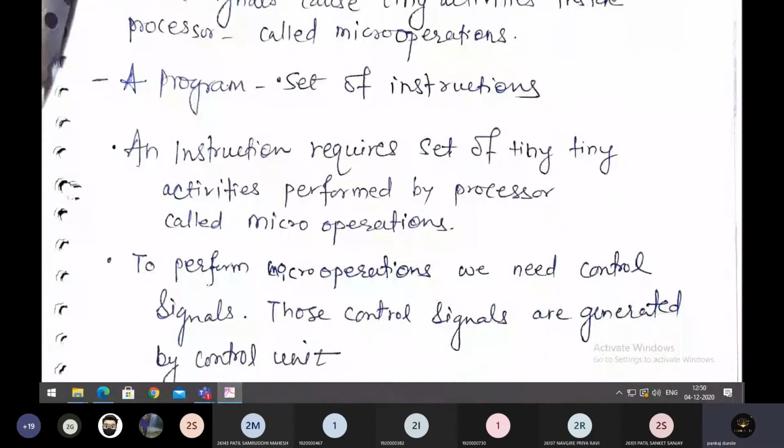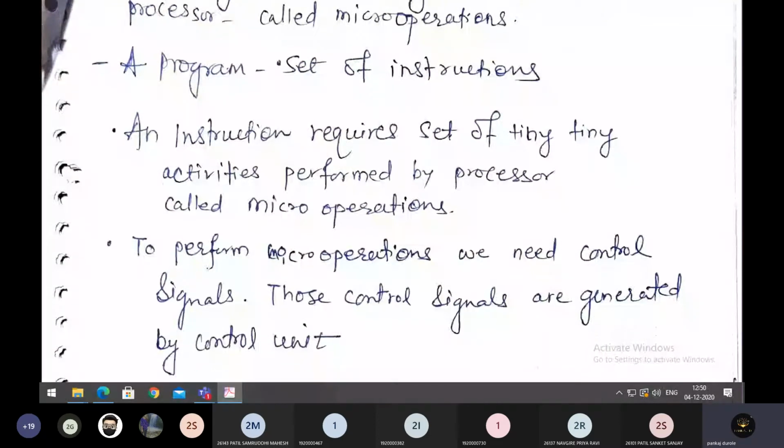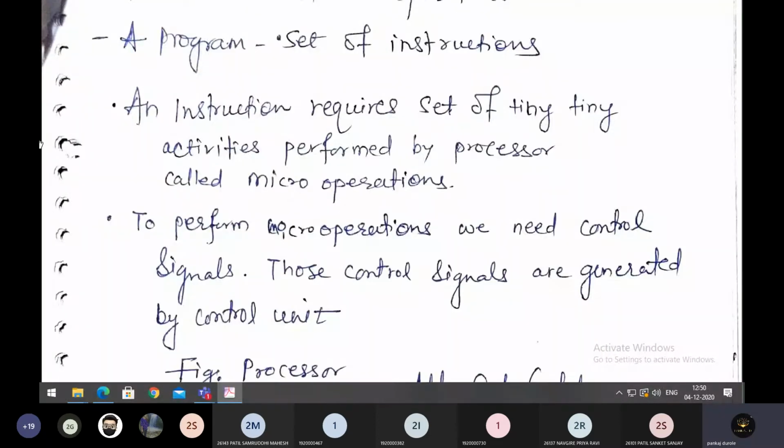A program is a set of instructions. An instruction requires a set of tiny activities performed by the processor, which are called micro operations. So here the word tiny is repeated, right? Tiny activities. Why?